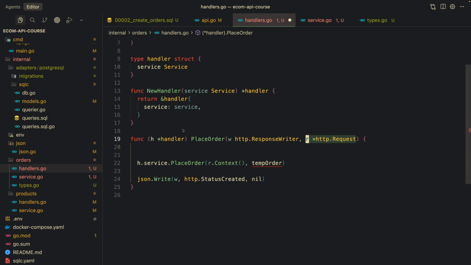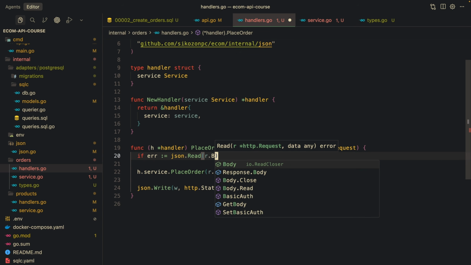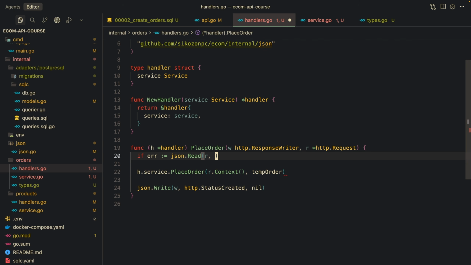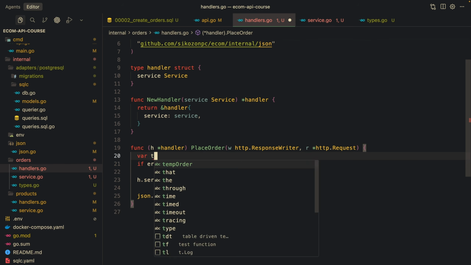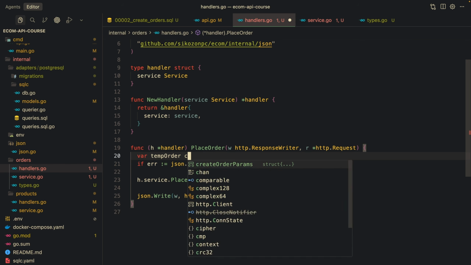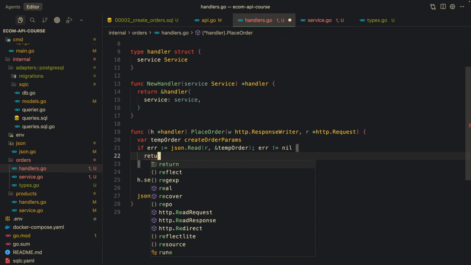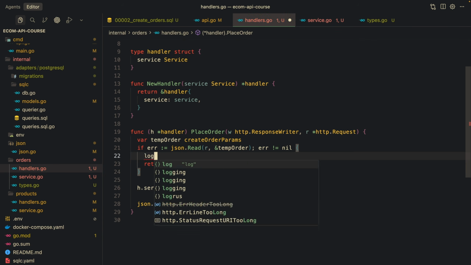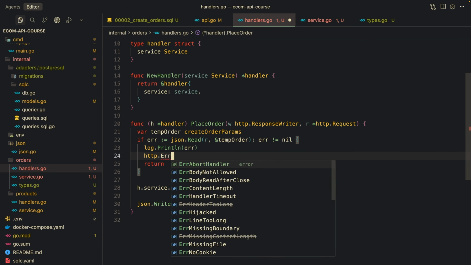And now that we have that read, I'm going to actually do inline json.Read with the request. And then we actually need a variable to place that data in. So this is a pointer to temp order. I'm going to define it here. So temp order has a create order params. I'm going to handle the error inline. If we have one, I'm going to return. I'm going to also log it so that we know what is going on and return to the user an error